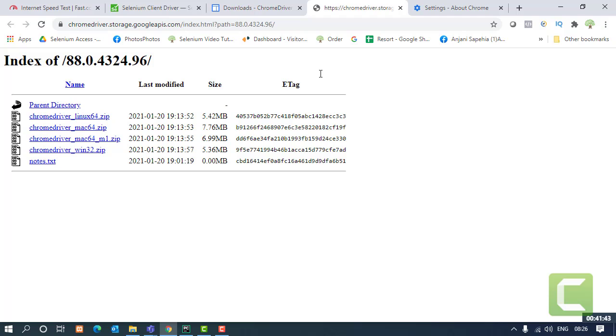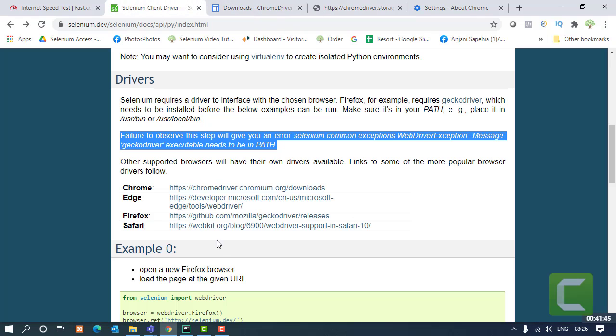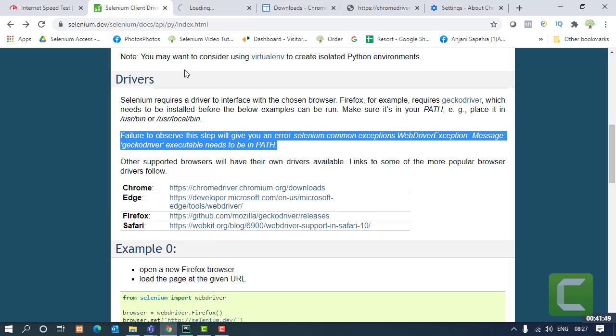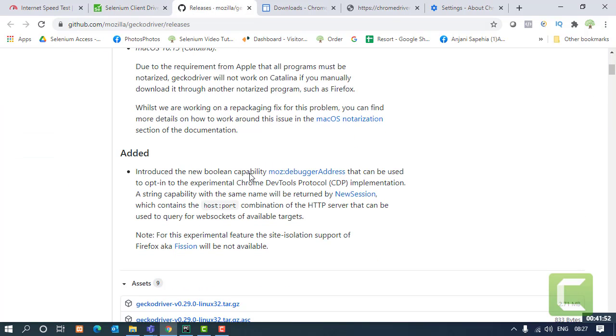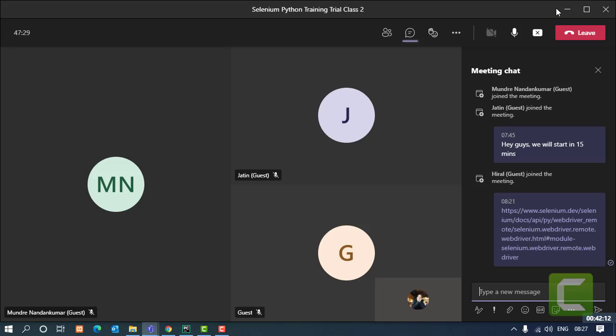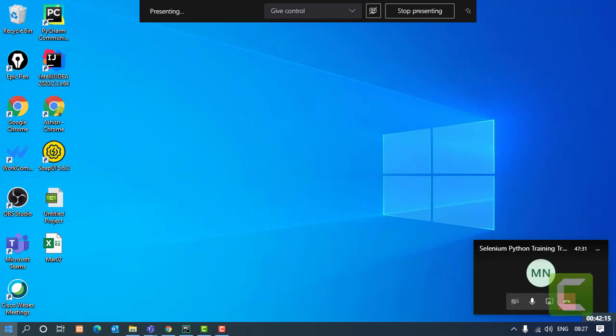This was Chrome. Then I want to go for Firefox. So for Firefox, the link is available. Open that link. Now, Firefox is not strict about the versions. You don't have to be that specific that yes, you have version 87, so you want the driver also to be 87. No. There is a reason why that is. Let me just open my default Firefox browser.